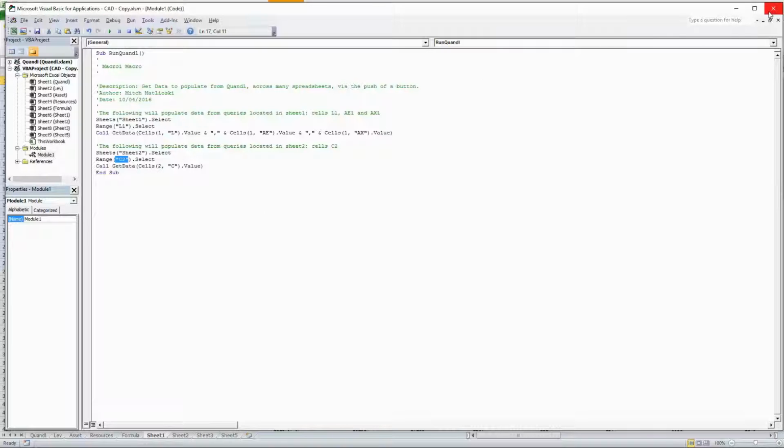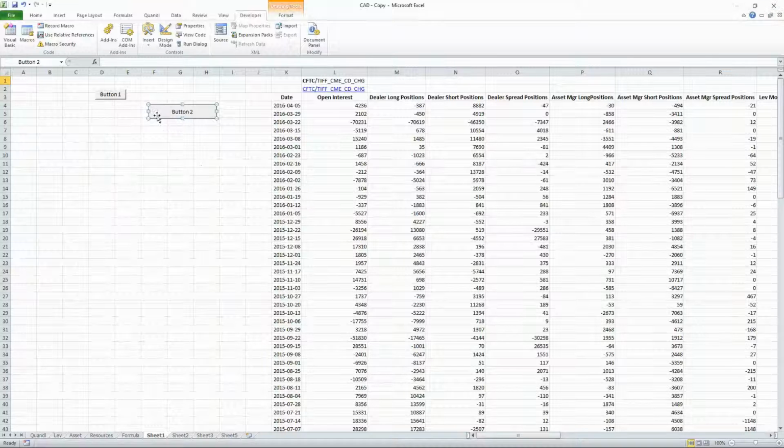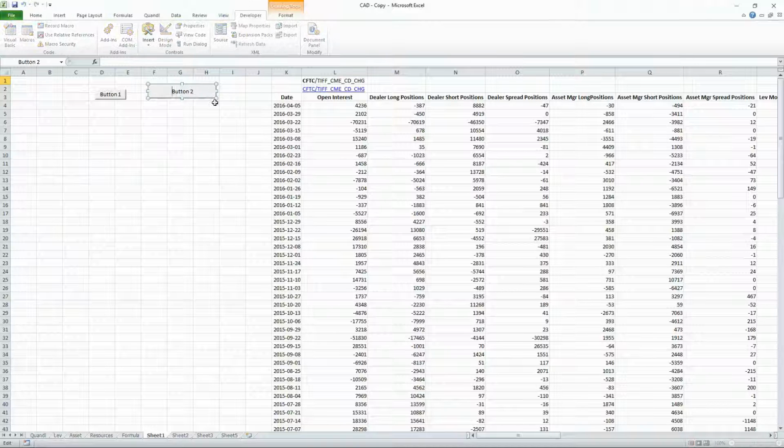Okay, so perhaps give it a go and see what you come up with, if it works for you. Otherwise we can hold a meeting and clarify other things. I think you can rename this button. Yep, just clicking on it and calling it whatever you want. Update Quandl,